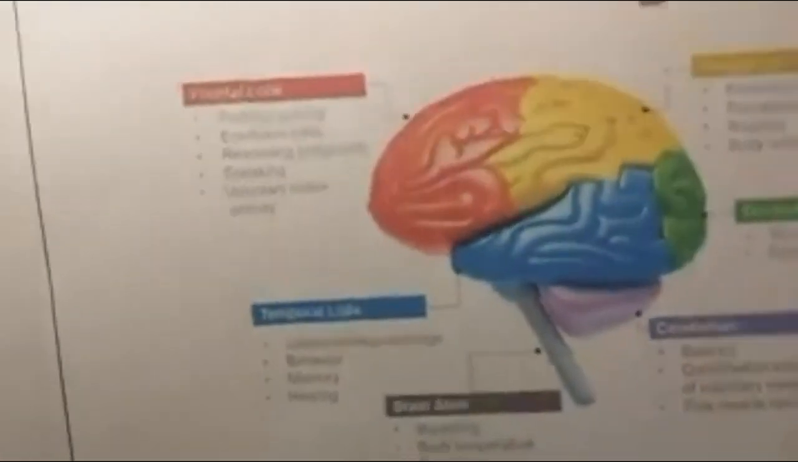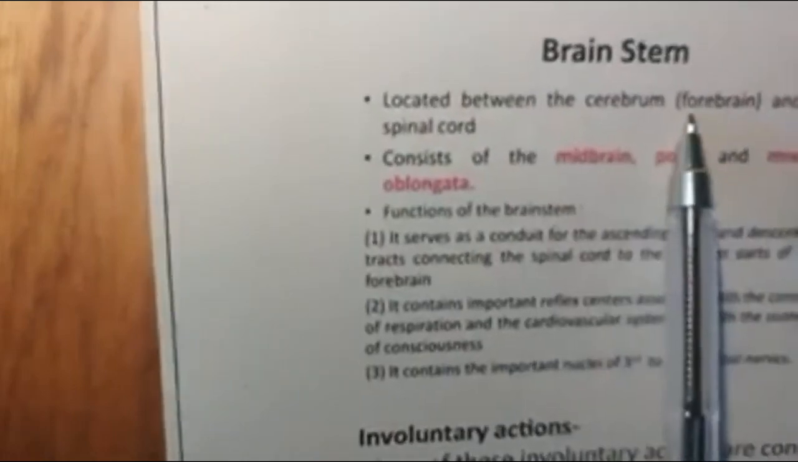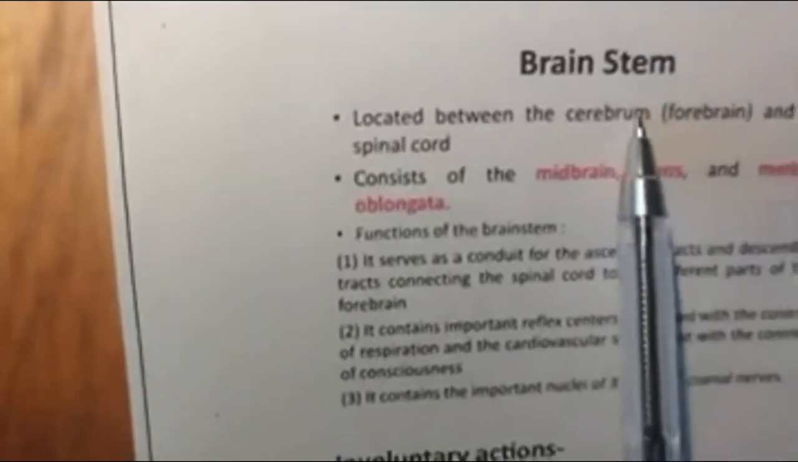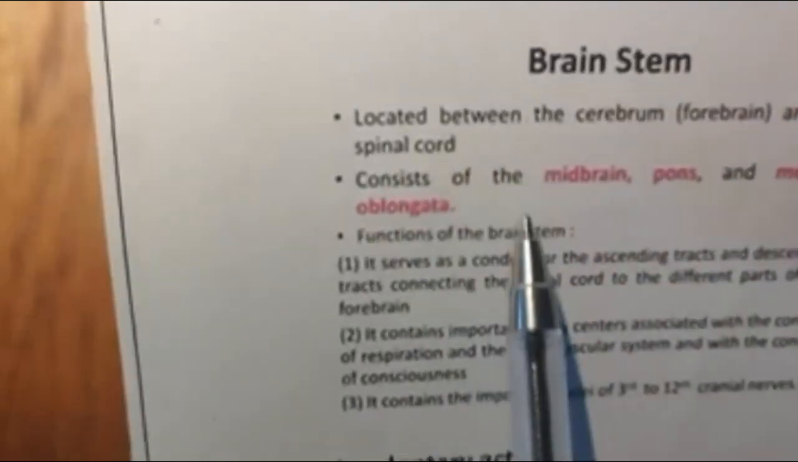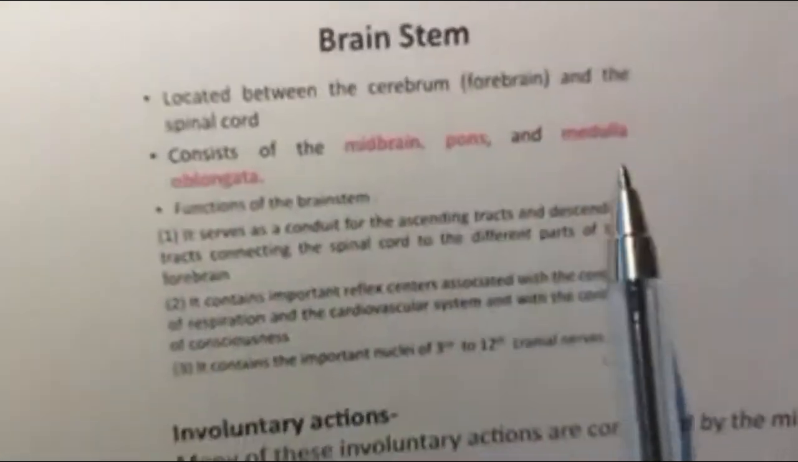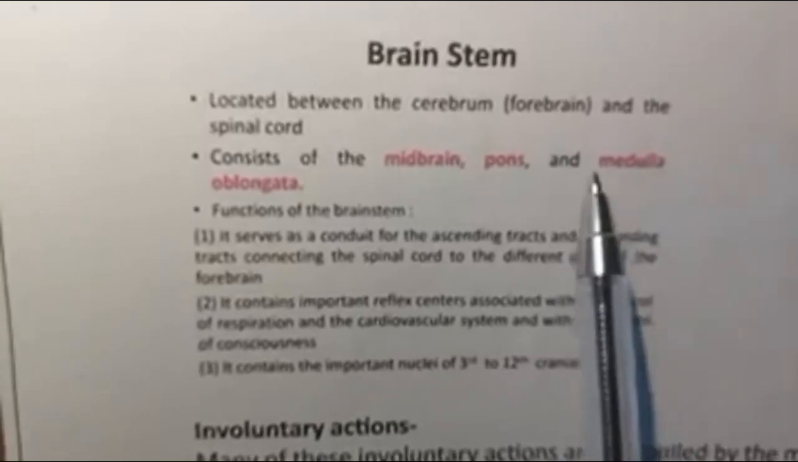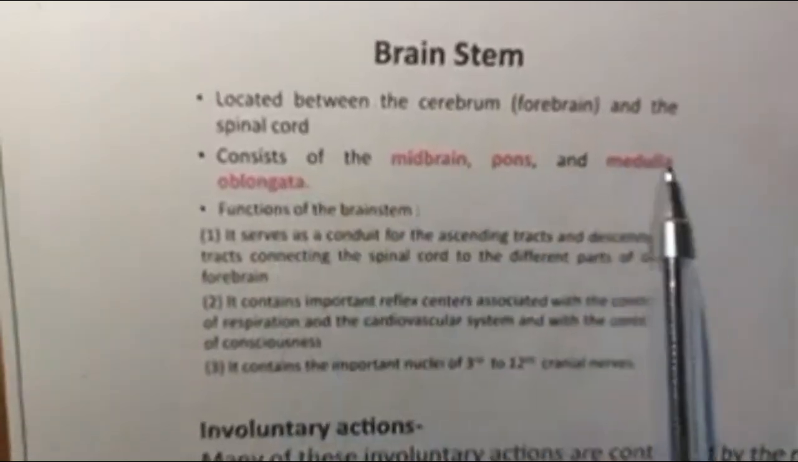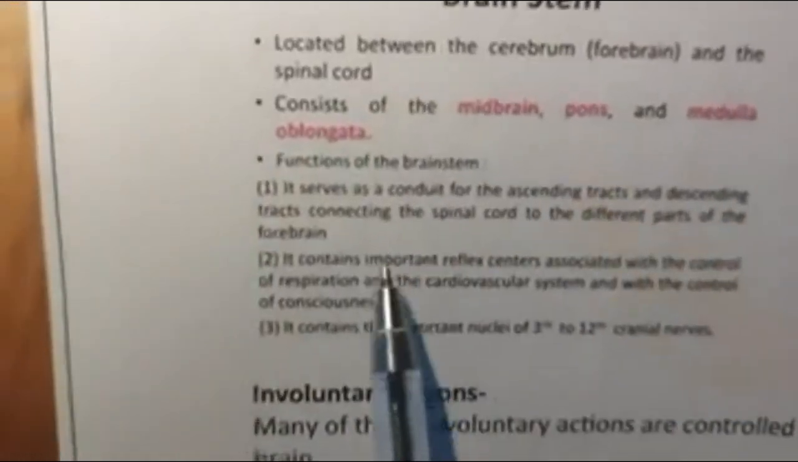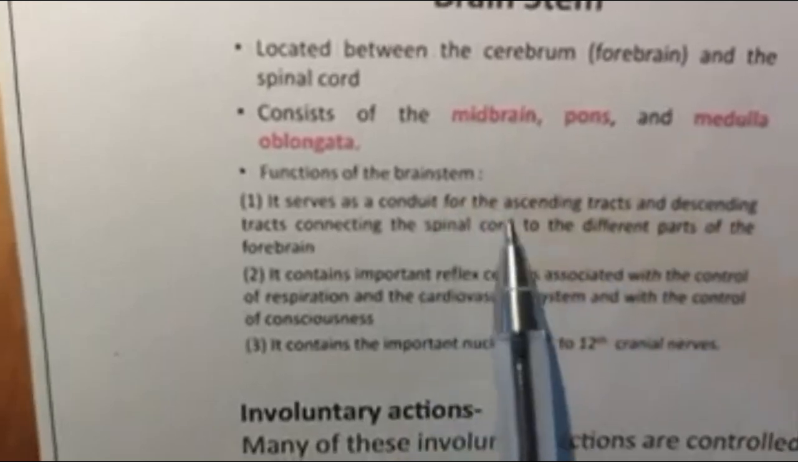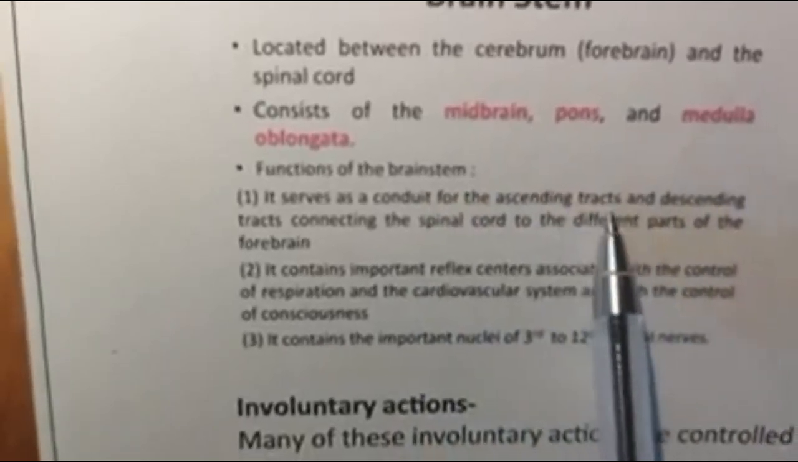We'll have a little more detailed look at brainstem function. So brainstem is located between cerebrum, that is forebrain. The forebrain is also called cerebrum, and the spinal cord. So it consists of midbrain, pons, and medulla. Remember, the complete name of medulla is medulla oblongata. Okay, medulla oblongata. The functions of the brainstem we have seen: it serves as a conduit for ascending nerve tracts